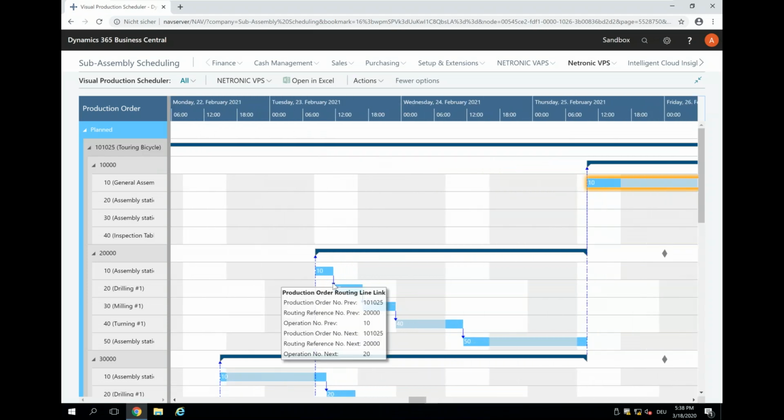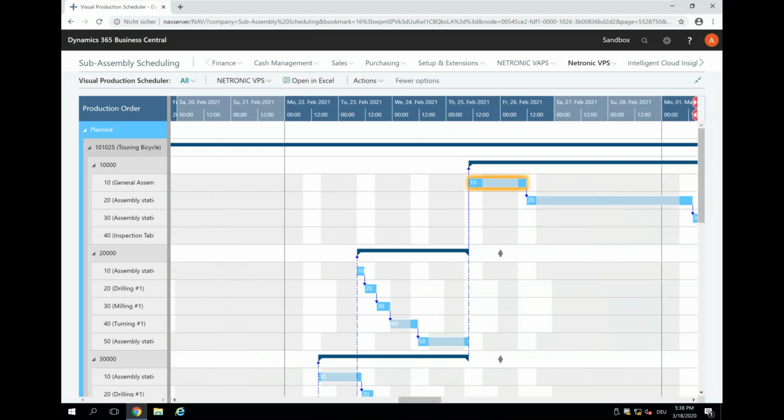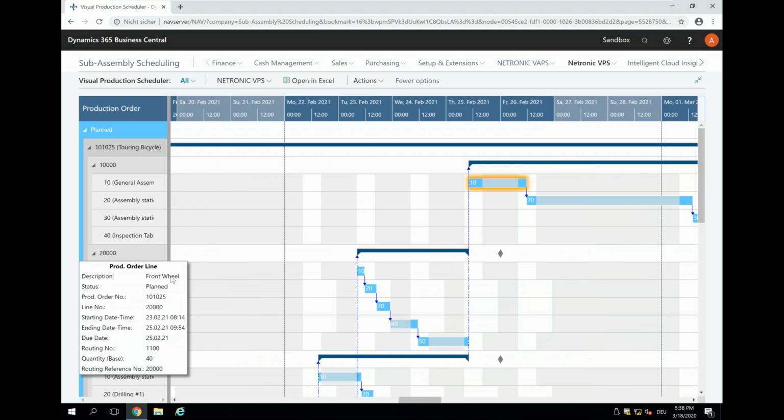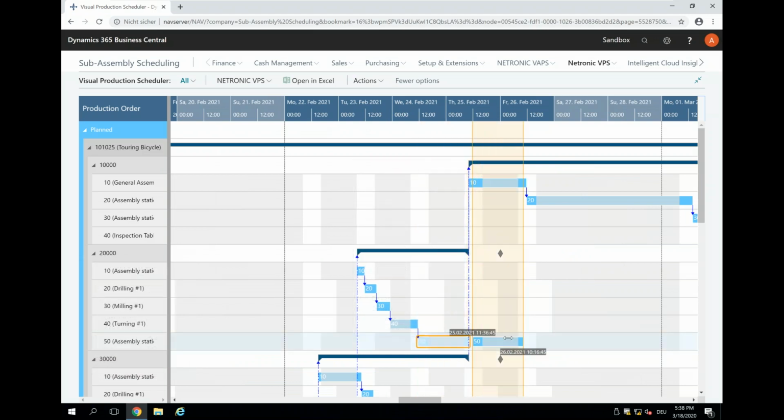We have different types of visualizing dependencies. We have the dependencies between the production order routing lines that come from the routings. These are the straight arrows, and we have these dotted lines, and they are between the production order lines. And this is if from one production order line there is a reservation to another, then we show it like this. And so now, if this is my front wheel production and the front wheel production is delayed, and for some reason I need to move this out, maybe the last step here,